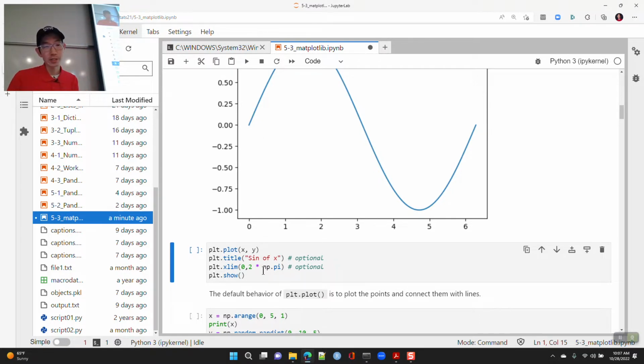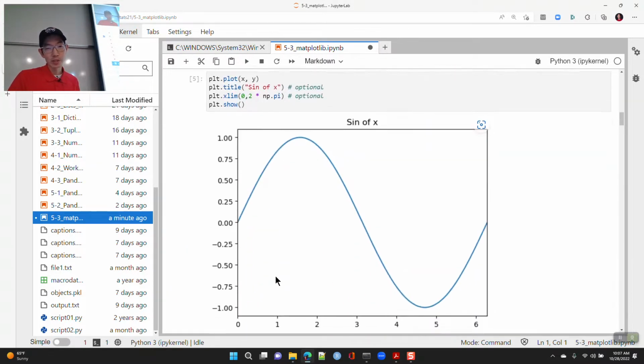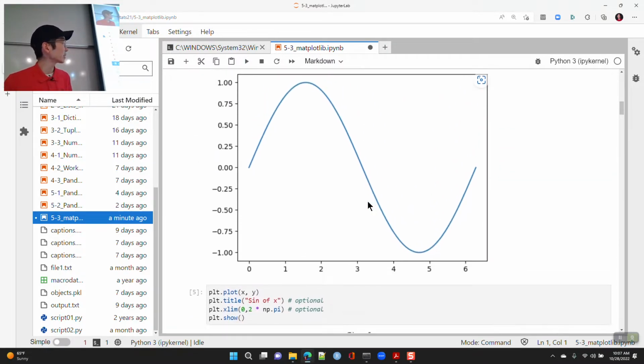So if you wanted to say, hey, I only want you to go from 0 to 2 pi, you can add x limits. And then we often call plt.show to show the results of the plot that we're doing. So here is with the additional arguments. This is pretty much the same thing, but now we have a title.